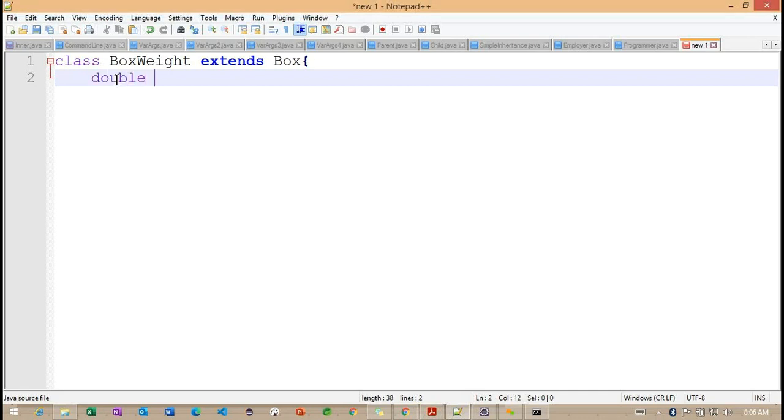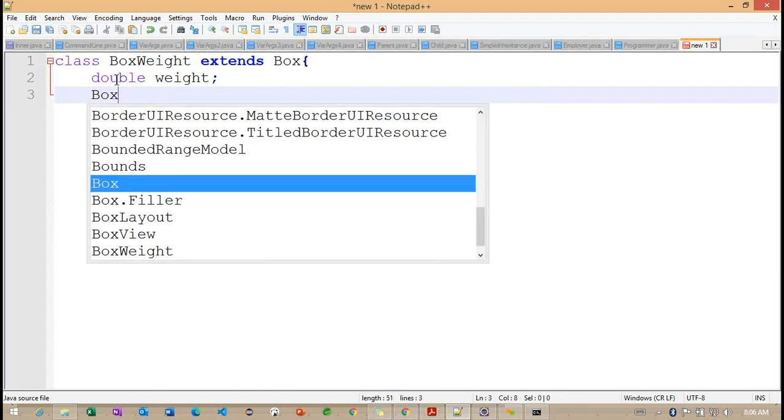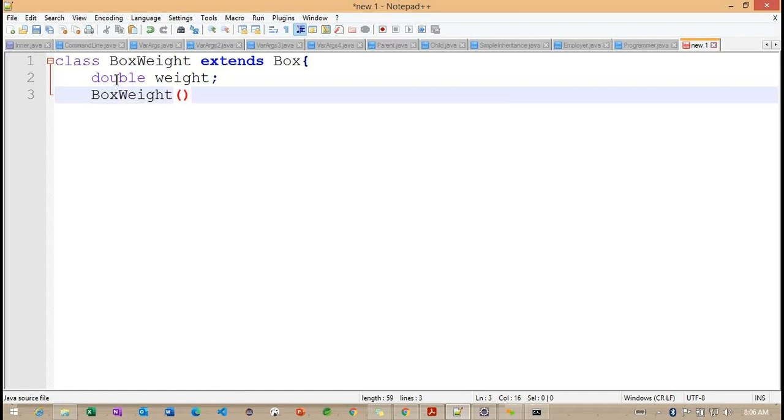Now here we have only one variable, that is called weight, and I'm trying to define the constructor here. The box weight constructor I'm defining.